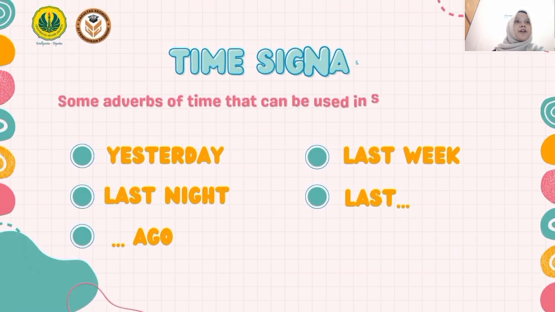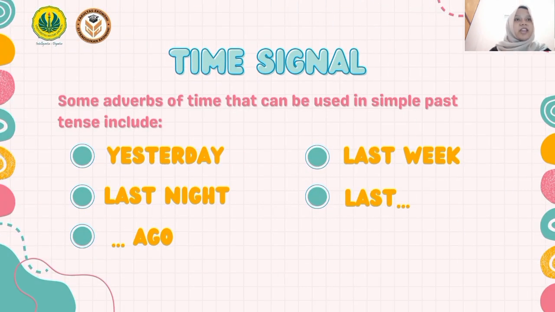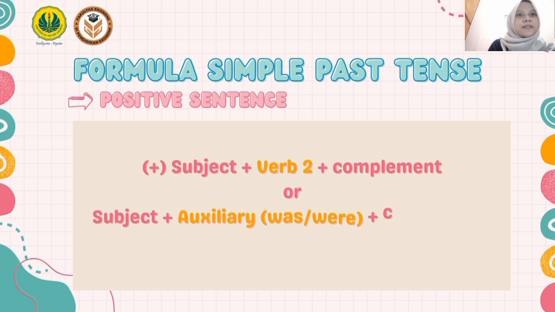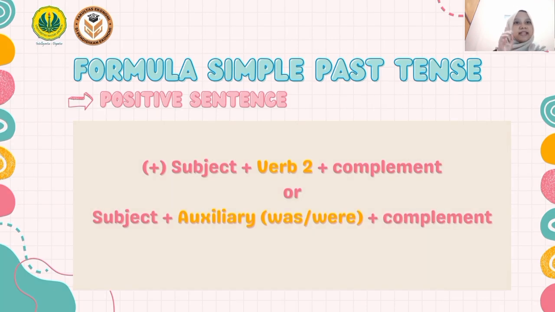Time signals for simple past tense are yesterday, last night, and phrases with ago, maybe 1 year ago, 3 months ago, and etc. And then last week and last something, maybe last year, last month, last week, and so on. For the formula of simple past tense, for the positive sentence, there are subject plus verb 2, or second verb, plus complement,